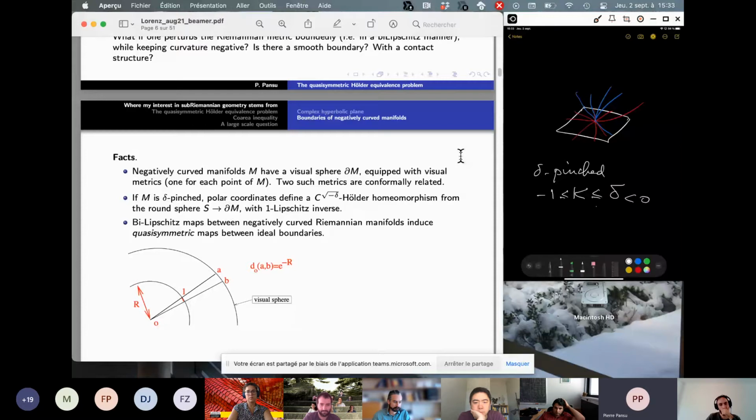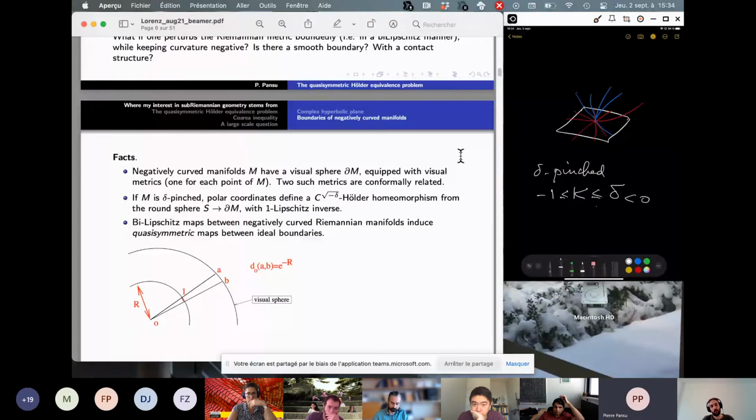And now imagine the space M is a perturbation of complex hyperbolic plane. Can I compare their boundaries? I would love to be able to transport the contact structure to the boundary of this manifold M. And well, it does not quite work, but